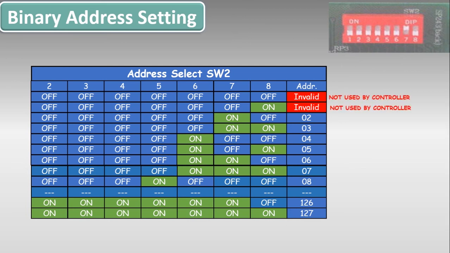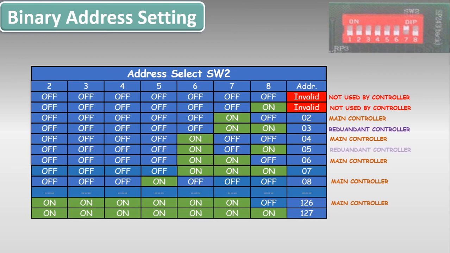As mentioned earlier, the first two addresses are not used by the controller, as the range starts from 2 to 127. All the even addresses are used by the main controller, either individually or in redundant mode. And all the odd addresses are used by the redundant controller.